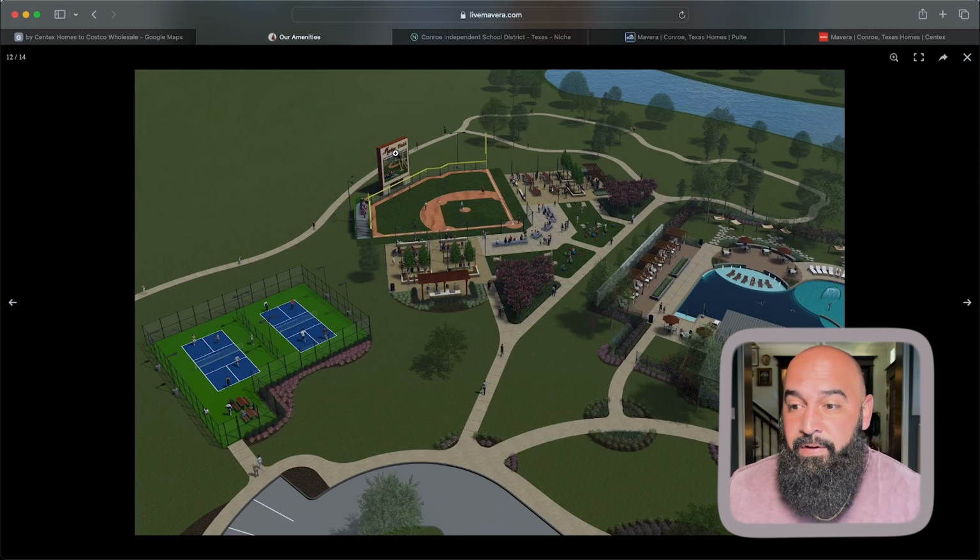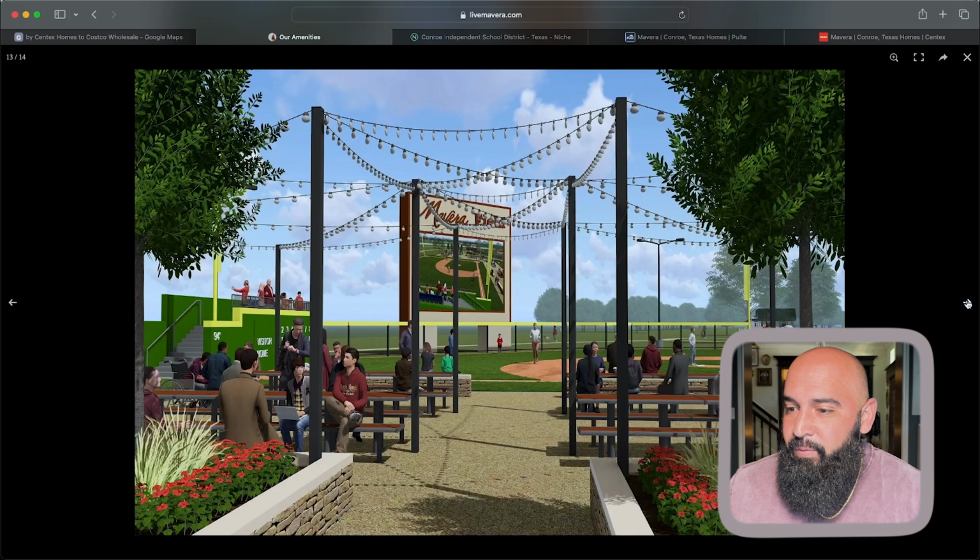And then the field is going to have a giant jumbotron. So it won't only be for games, but they're saying they're going to do like movies in the park kind of thing, like at nighttime. And they can put movies up here on this jumbotron. So super cool coming. You're gonna have the pool area, wiffle ball, beer garden, pickleball courts. Really